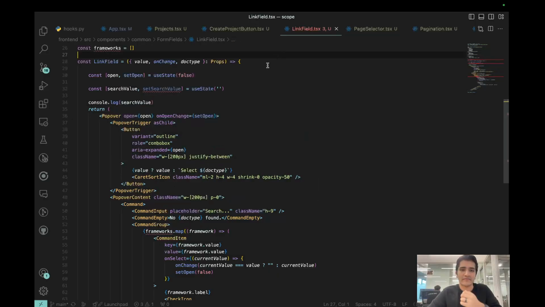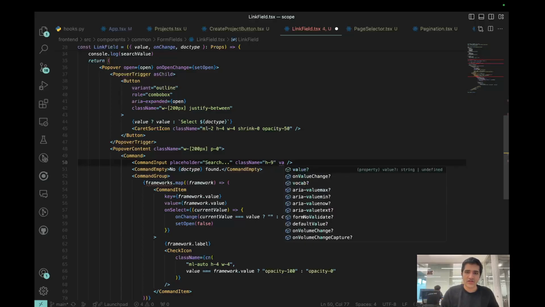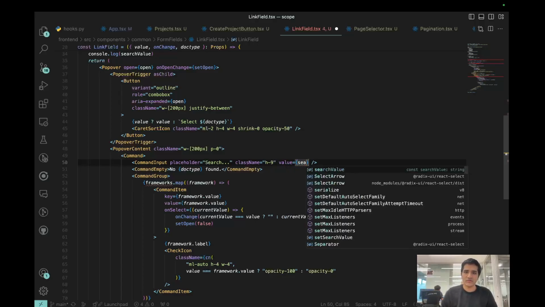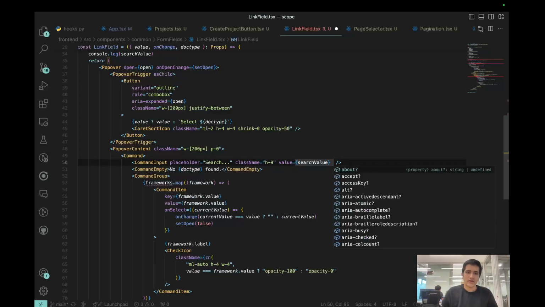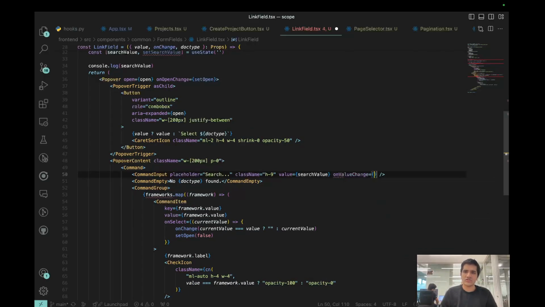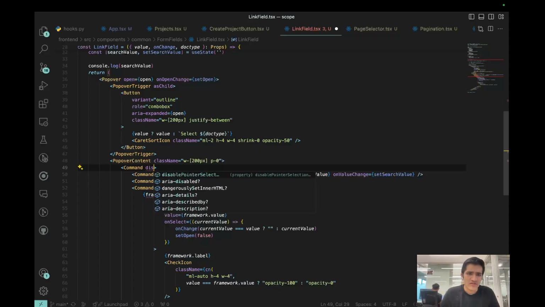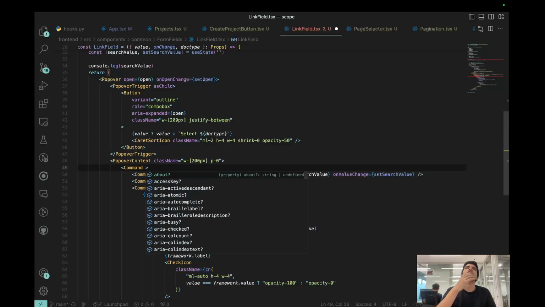Search value. Okay. So this command input, we need to actually set its value to the search value. And then on value change, set search value, right? So that's done. The other thing that we need to do is over here, there's some disable something, not disable, but